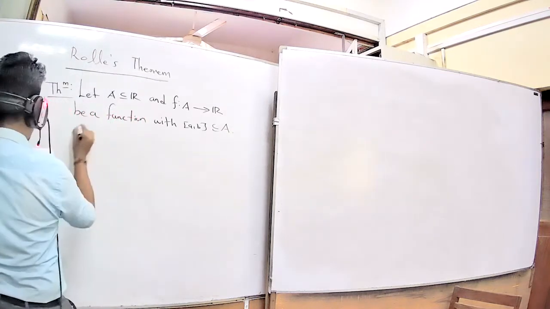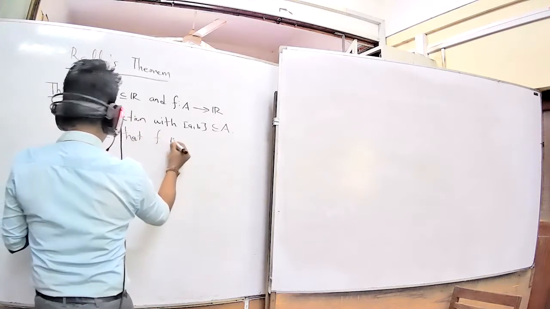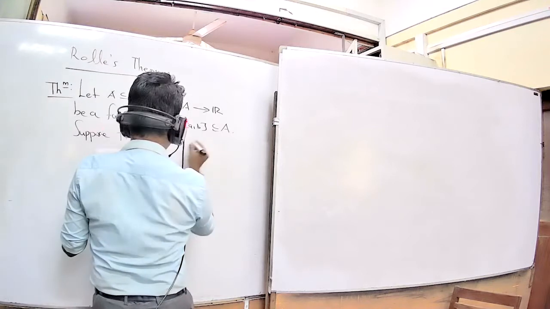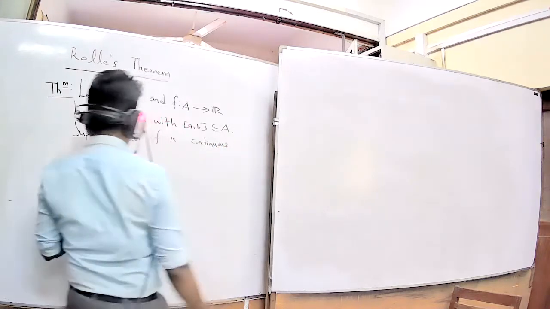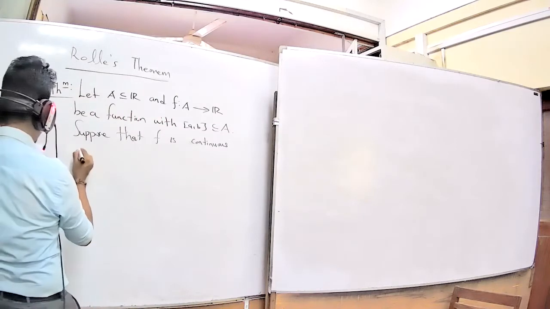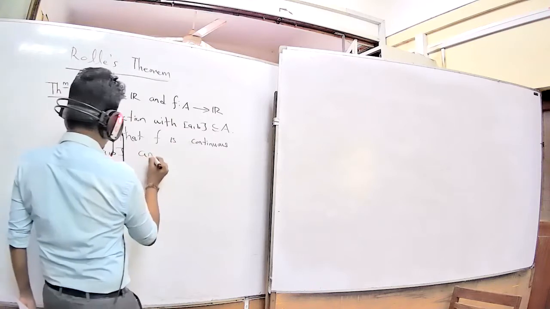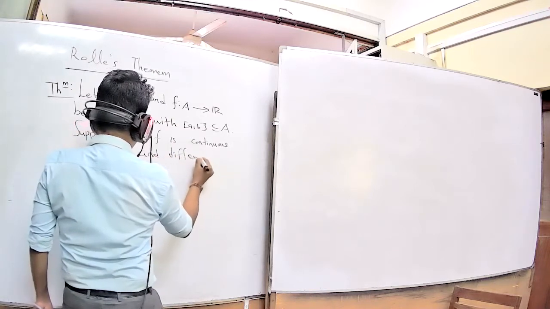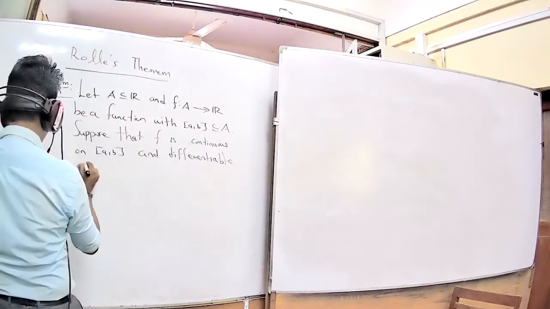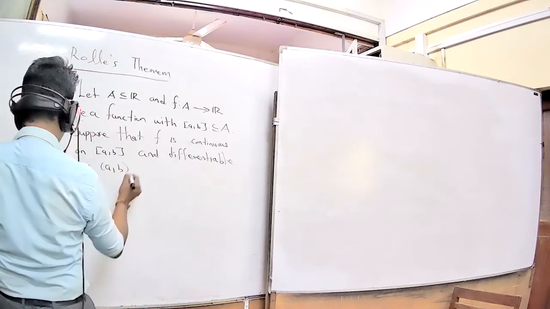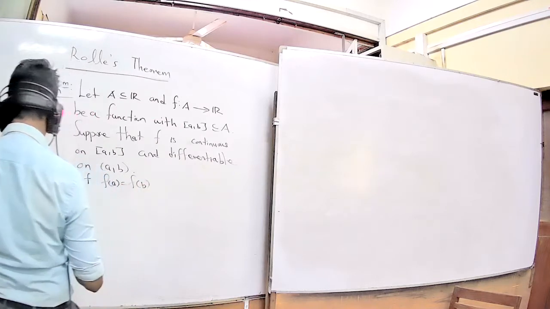Suppose that f is continuous on the closed interval [a, b] and differentiable on the open interval (a, b). If f of a equals f of b, then